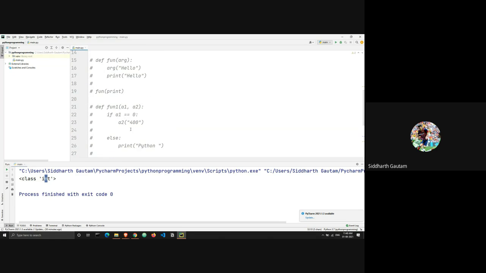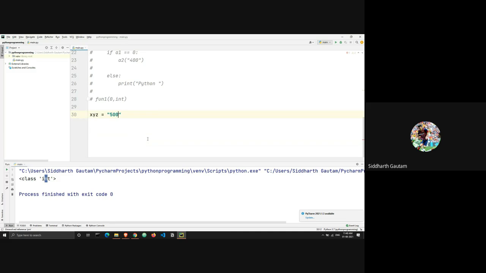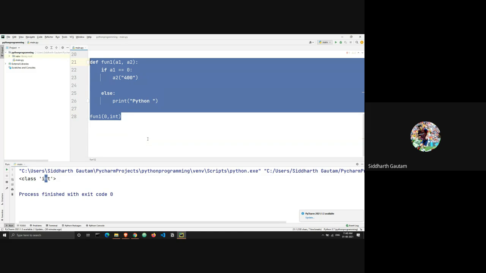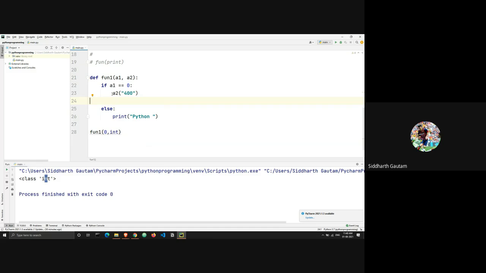Converting one data type to another is a function, which is why converting to integer is a function. And in this one here, I have this number 400 as a string, and this is something I can convert into an integer. So if I pass A2 as the argument to the integer function, this works. It doesn't throw me an error. Great.